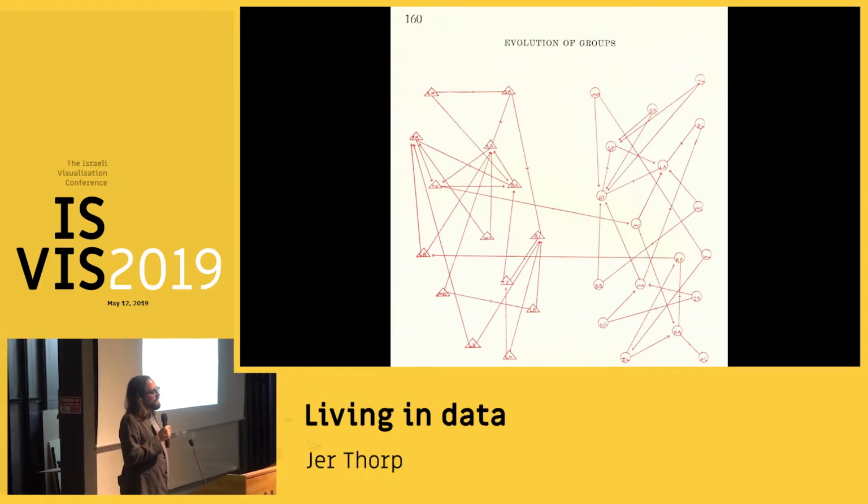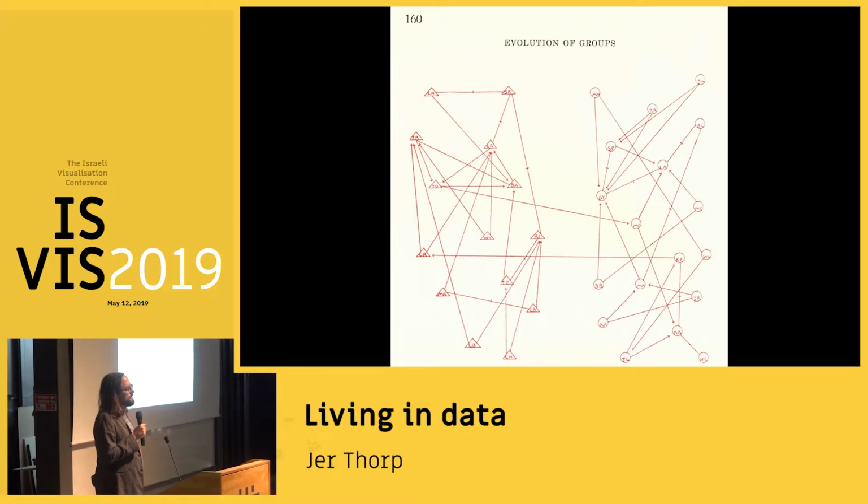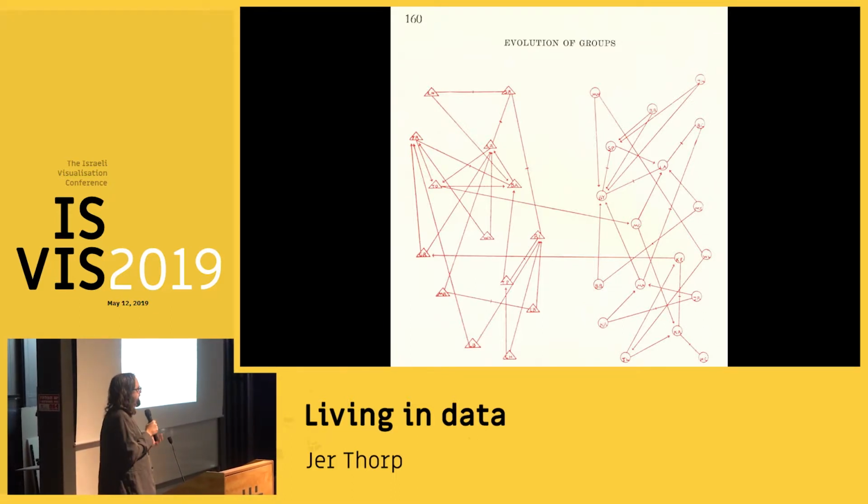And I love this diagram mainly because I can't help but think of how it would have been made, right? In the 30s, there was no other choice but to sit in this classroom. So whoever was collecting this data would have had to sit in that classroom, and they would not have ever been able to forget that those squares or those circles and triangles are humans. They're teenagers. They would know their names. They would have smelled their peculiar teenage smells. And so for them, this data would always remain to be human.